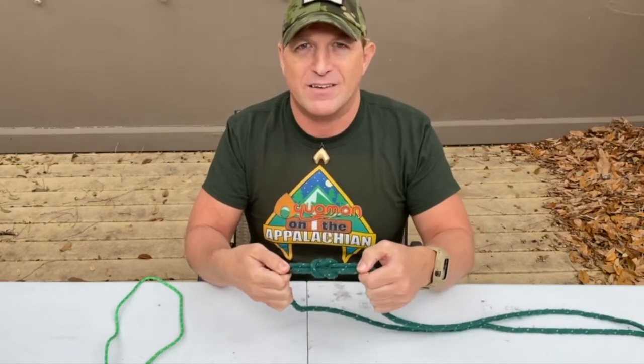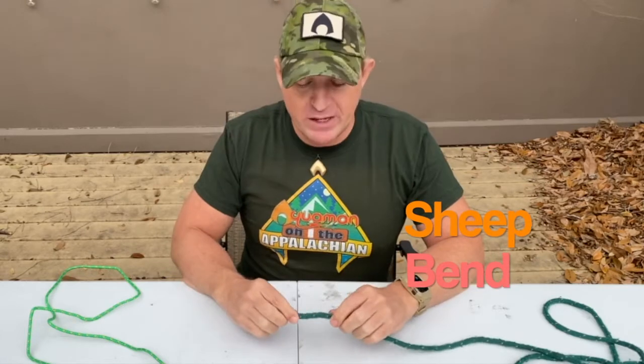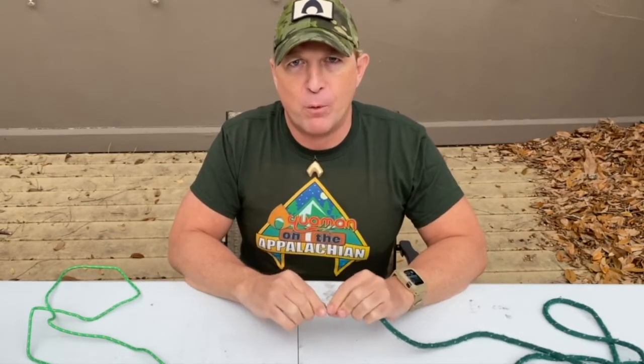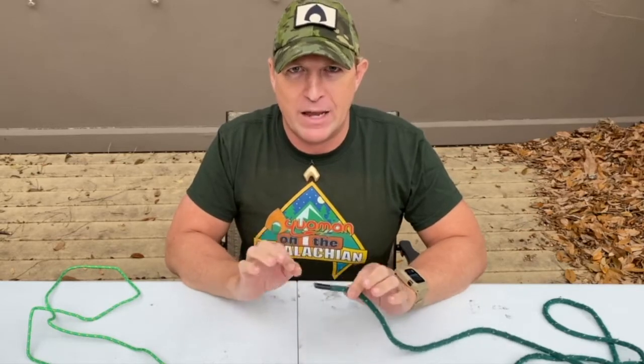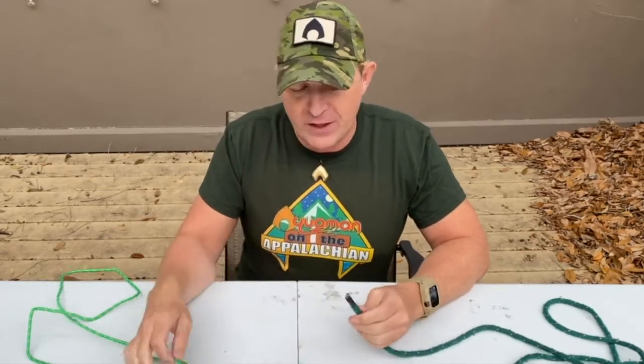Very useful knot. Okay, knot number 2 is called the sheep bend. Now the sheep bend is a perfect knot for trying to put together 2 pieces of rope, particularly if they're different diameters. Now the square knot can be used, but when one rope is thinner than the other,